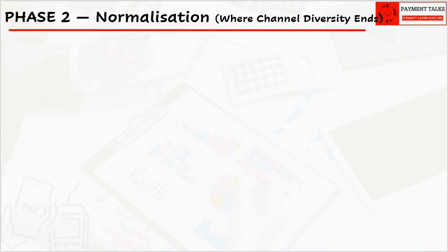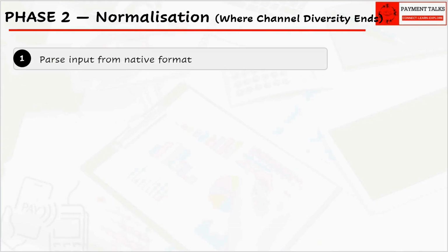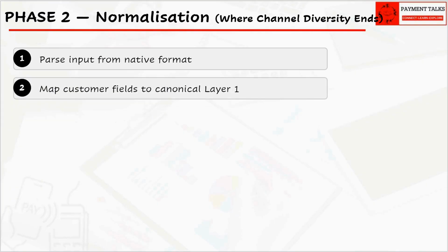First, parse the input from its native format. Claudia's HTML form post, a corporate customer's pain.001 XML, an ERP system's CSV file, a branch teller's form entry, all parsed from their respective formats. Map all customer provided fields into canonical layer 1. Each field in the channel format maps to its pain.001 aligned equivalent in the canonical.